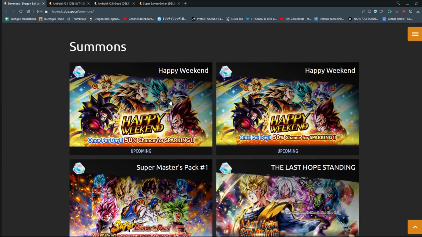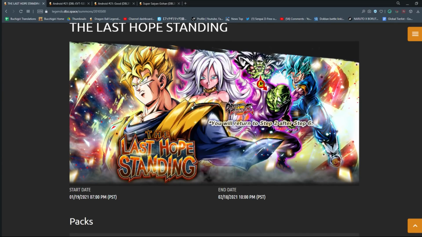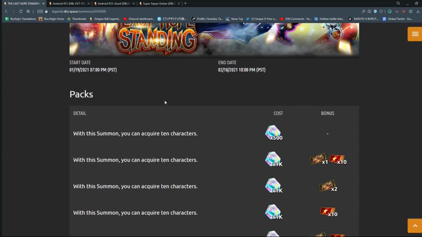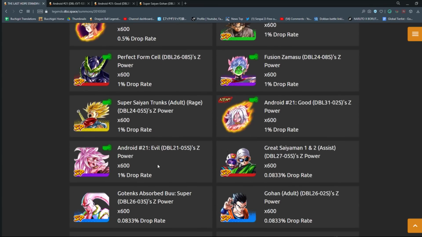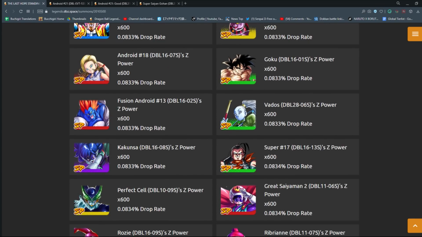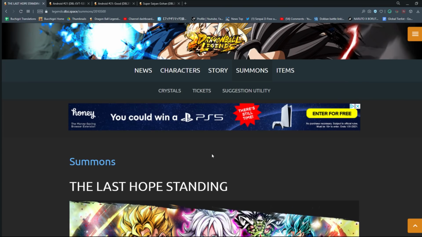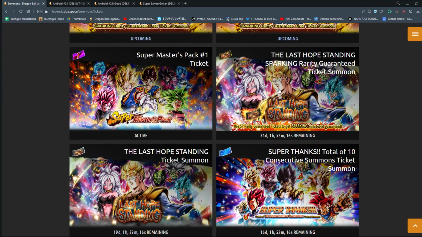I want to start off by taking a look at the actual banner that's coming out as well, just to recap here. This is going to be a step up. It goes up to step 6, and then after you're done with step 6, you go down to step 2. Step 6 is apparently a free summon. So there's that. This is the roster for the main characters, the featured characters, and on top of that, let's go back and take a look at the tickets that are available for this banner. So in terms of the ticket banner,